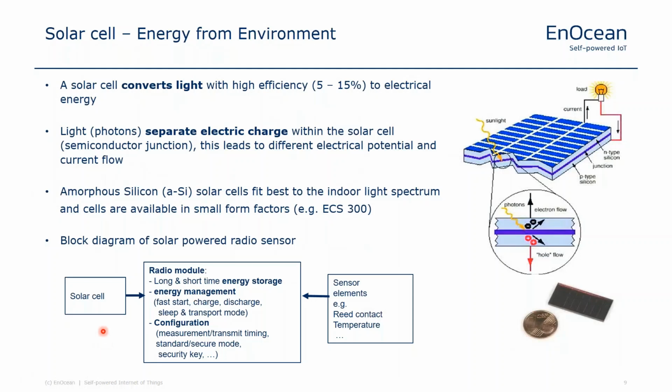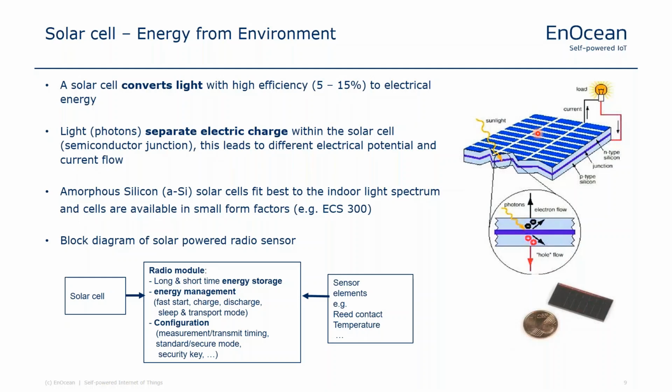On the next slide, you are seeing the solar cell, which is easier to handle, if you have light. This is a prerequisite, you need light. These are also more efficient. You get 5 to 15%. This is quite a high efficiency compared to the thermal one. The thermal harvesters you have seen before have 1 to 3% of the heat flux, and this is 5 to 15% from the light.